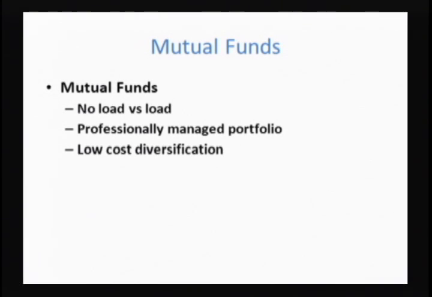I mentioned diversification. Another term we talk about is asset allocation. Asset allocation is utilizing different classes of security to invest in. For example, we've talked about stocks and bonds. Those are different assets. A mutual fund is not another asset because a mutual fund will have stocks and bonds in it. Some other asset classes could be real estate,